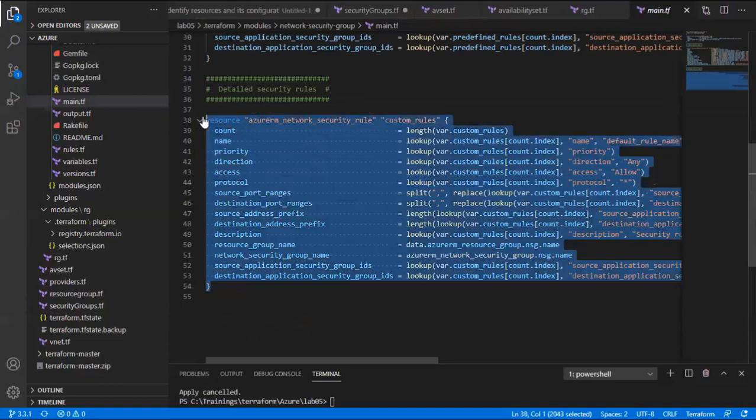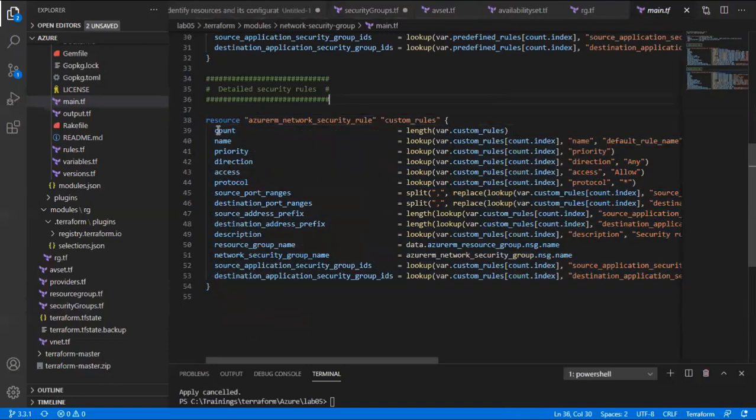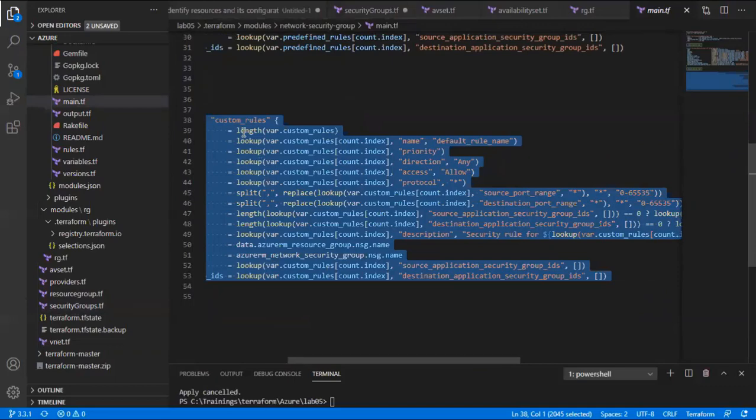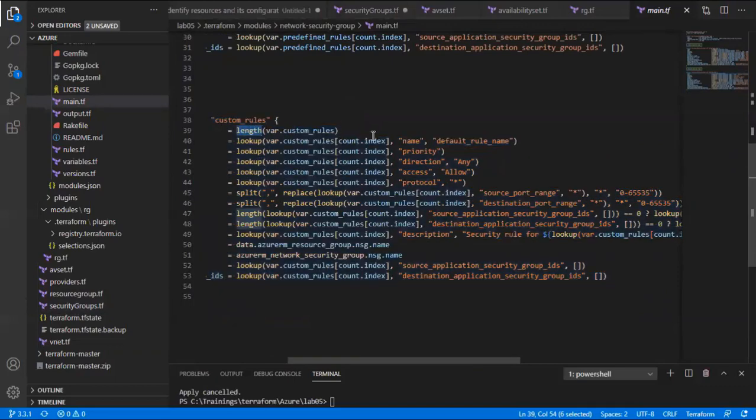So how I did everything by understanding this code. So you can just go through this code. It will be simple. Length equal to, so how many objects are there under the custom role? Based on that, it will provide you the number. If it is one role, it will give the one. If it is two roles, it will give the two roles. Based on that, it will create name,